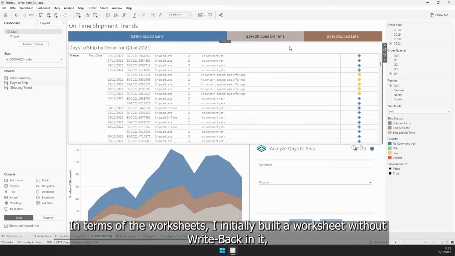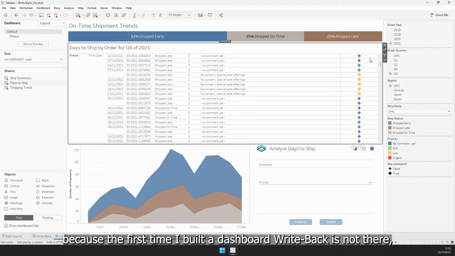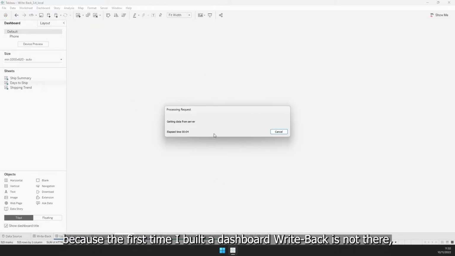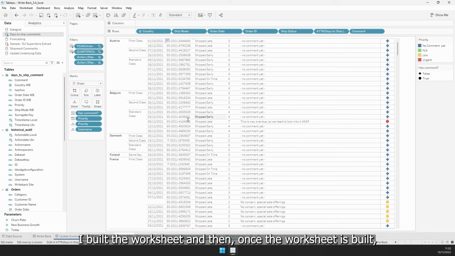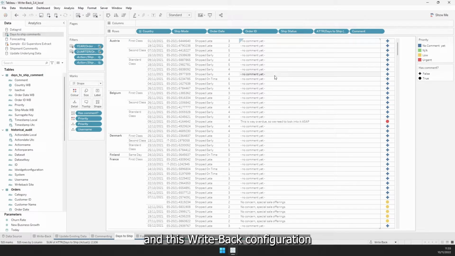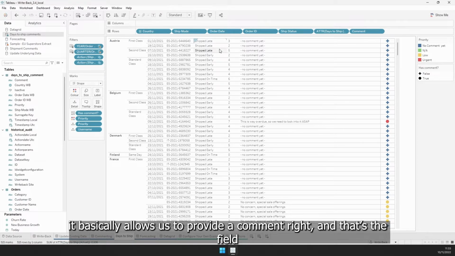In terms of the worksheets, I initially built the worksheet without write-back in it, because the first time I built the dashboard, write-back is not there. I built a worksheet, and then once the worksheet is built, I create the write-back configuration just like I showed you. And this write-back configuration basically